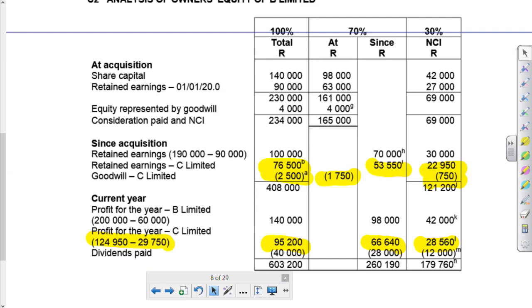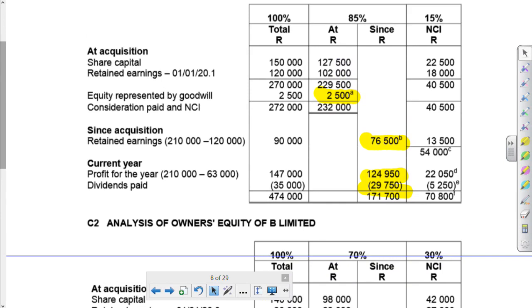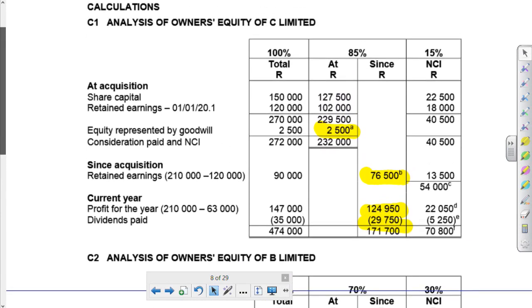So here you see the acquisition of C first. So they work from the bottom up. So they will do the acquisition of C first. Here's the acquisition of C, and there was the goodwill, 2,500 rand. Then, since retained earnings was 90, of which the parent gets 76 and the NCI gets the other 13. Profit for the year was 147. The parent gets 124, the NCI gets 22. And there was a dividend paid of 35, which the parent gets 29 and the NCI gets